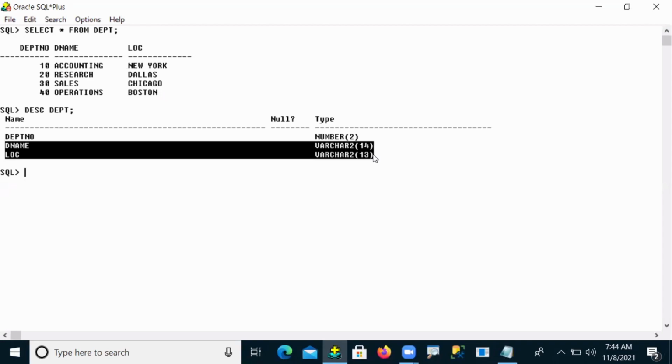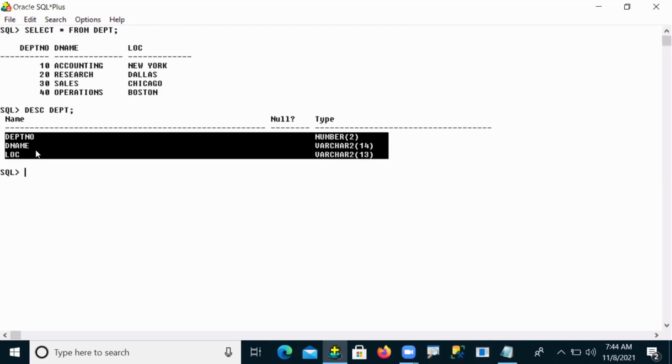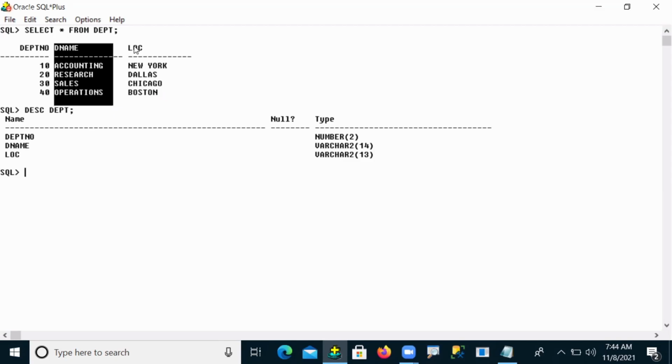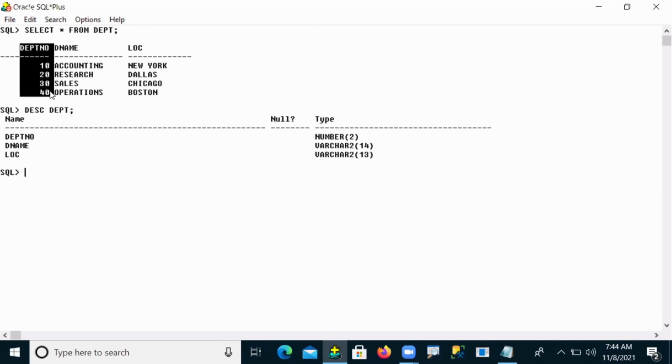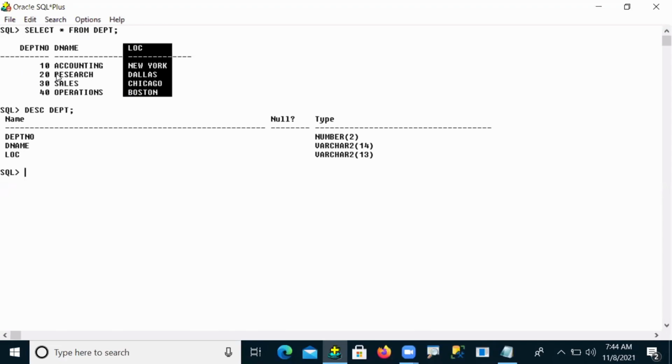Now, carefully observe the data types we pass to my columns and how the data is stored in these columns. For example, in some sequence order like 10, 20, 30, 40, then accounting, research, sales and operations, and location New York, Dallas, Chicago, Boston. Now tell me what is my point here. Department number is one separate column, department name is one separate column, and LOC is one separate column, right? In these separate columns,